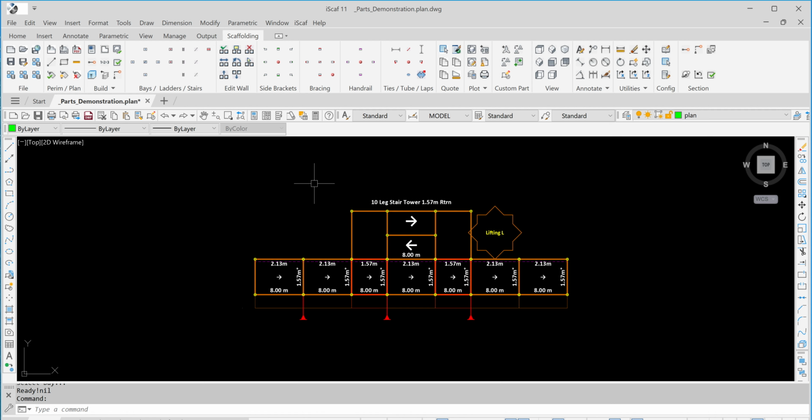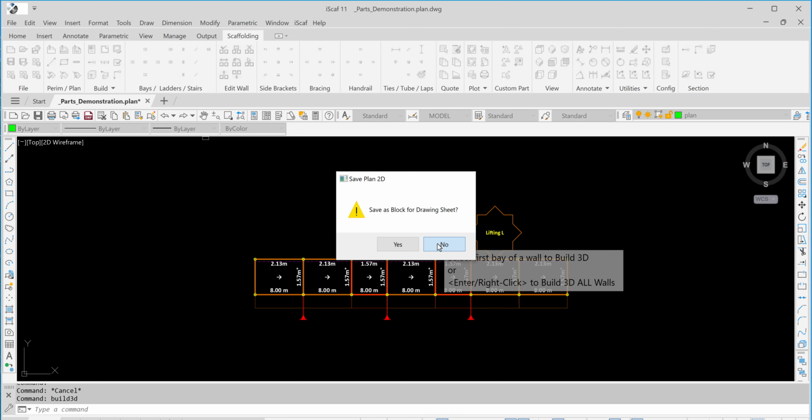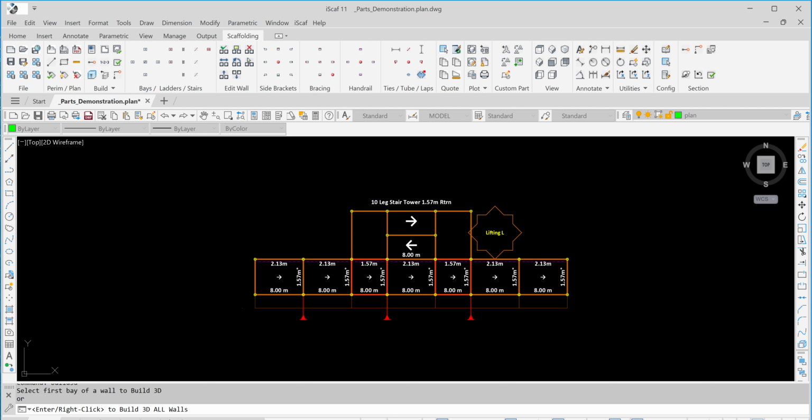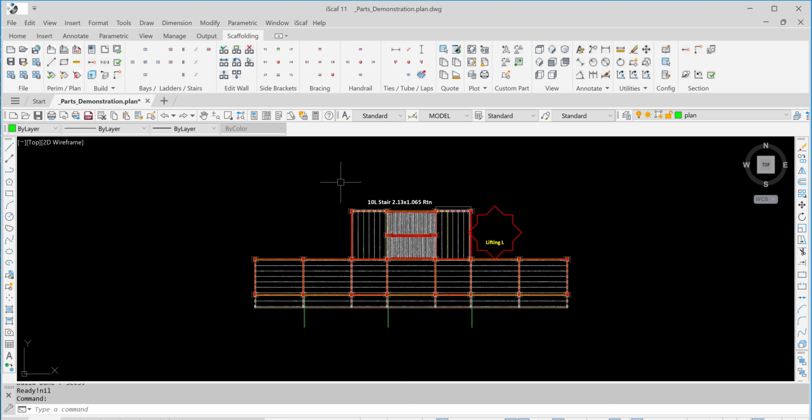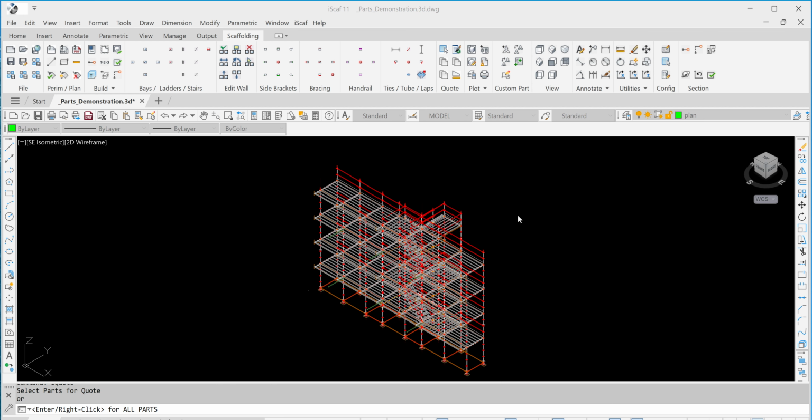So now that we have that custom part added, we can build this to 3D. And generate our parts list. We can see here we have 4 lifts, and we are allocating 10 lifting lugs for each lift. So when we go to our quote now,